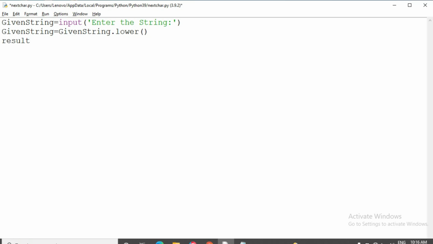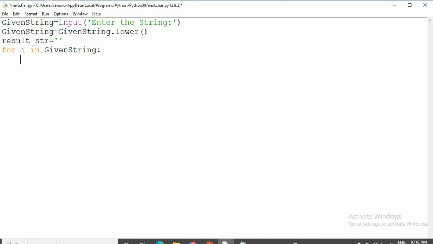Then I am taking an empty string, result string. Okay, I am taking the empty string in the result string variable. Then I am going to search each and every character in the given string. For that I am applying the for loop, for i in given string.